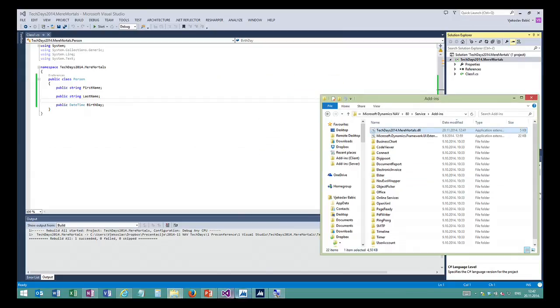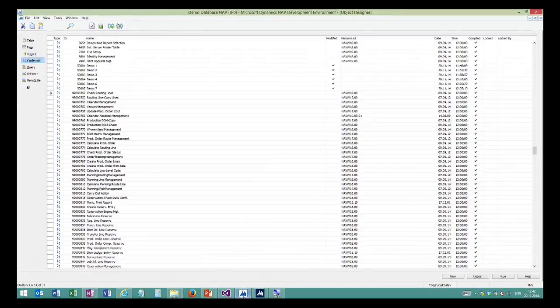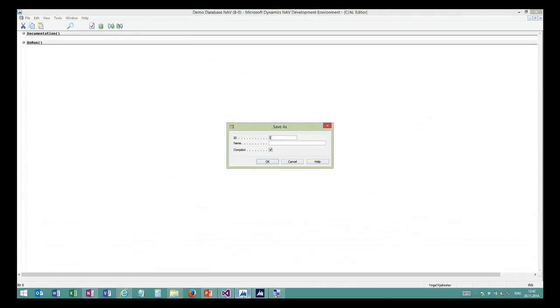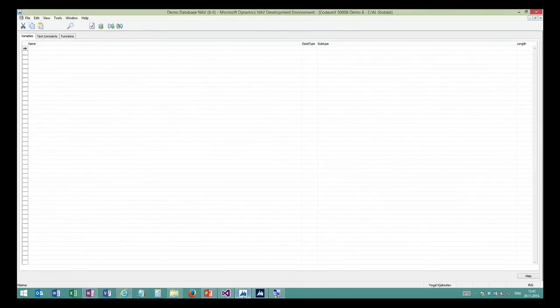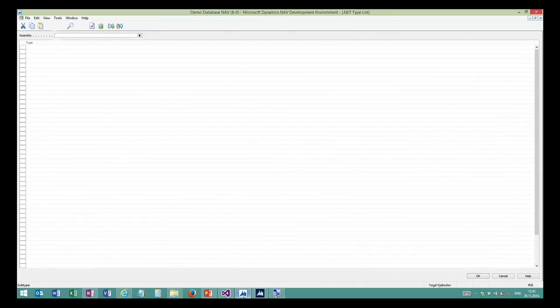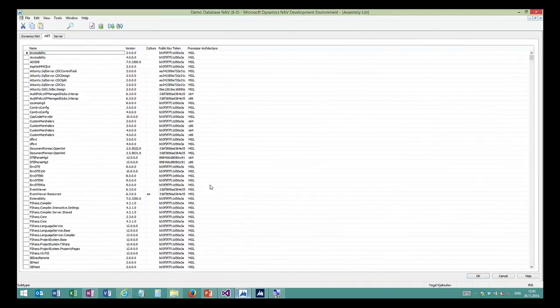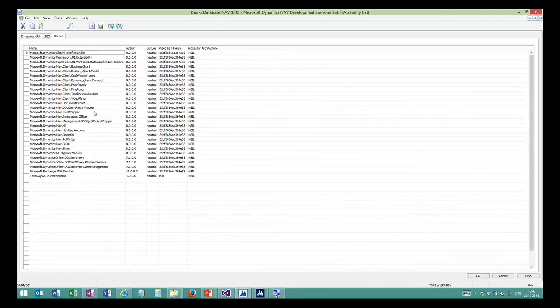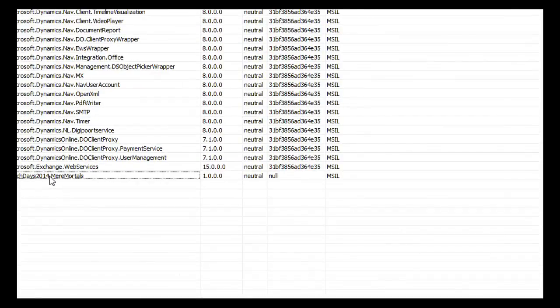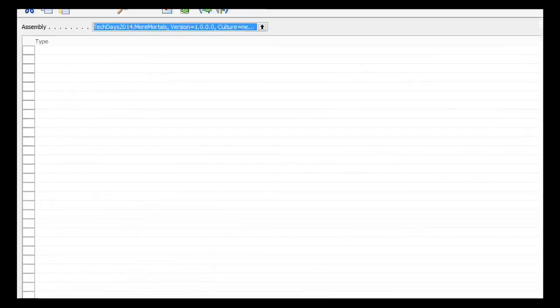At this stage, I will create a new demo 8. If I go to my globals and declare person of type .NET, if I go to subtype, here in the server tab in 2015, I will see that I have techdays 2014 mere mortals. So I select that, and here I can see,